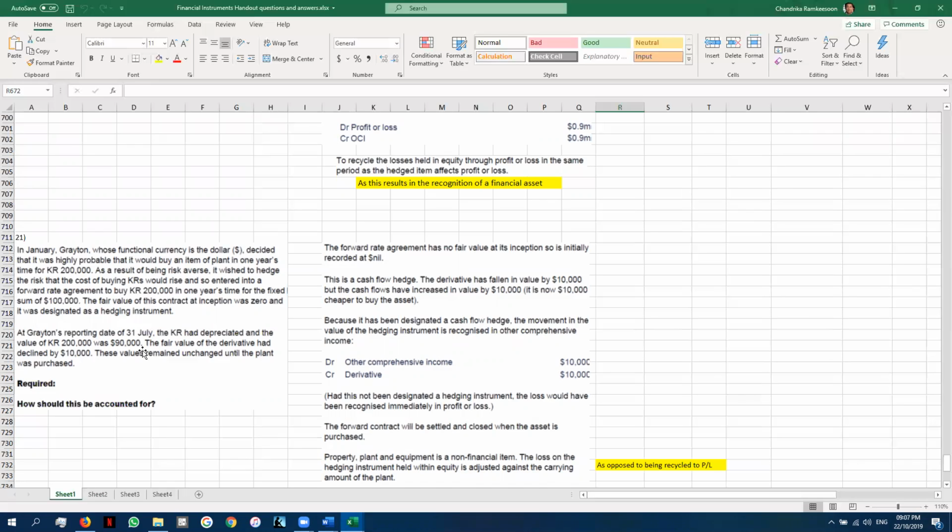And so entered into a forward rate agreement to buy 200,000 krona in 1 year's time for the fixed sum of $100,000. The fair value of this contract at inception was zero and it was designated as a hedging instrument, meaning it met the criteria. At Great Britain's reporting date, 31st July,